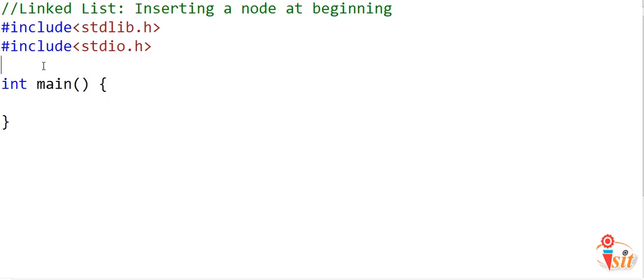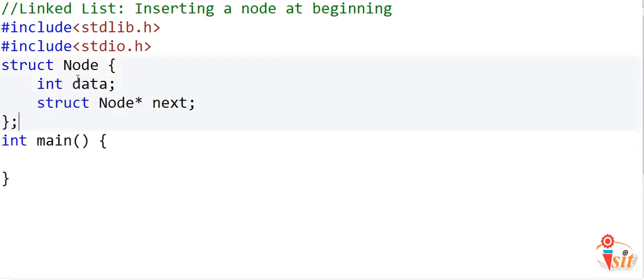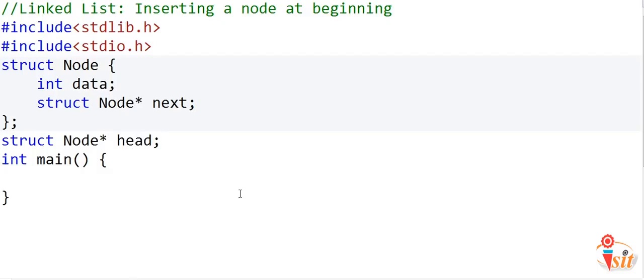In my C program, the first thing that I need to do is define a node. So node will be a structure. We have seen this earlier. So node has these two fields, one data of type integer and another next of type pointer to node. Now to create a linked list, the first thing that I need to create is a pointer to node that will always store the address of the first node or the head node in the linked list. So I will create a struct node star. Let's name this variable head, and once again I have created this variable as a global variable.